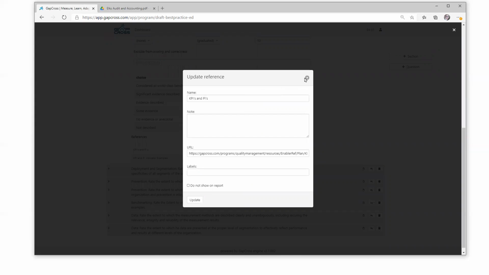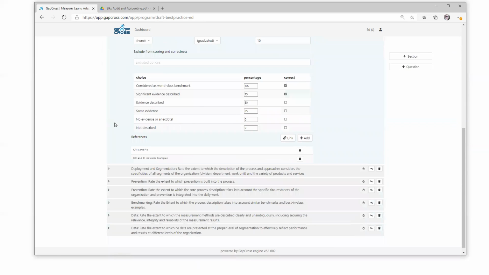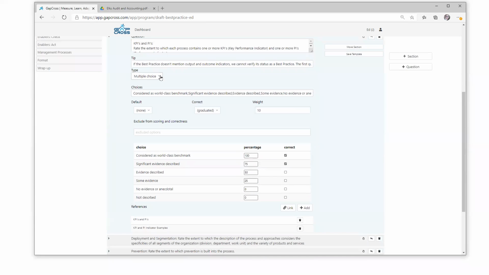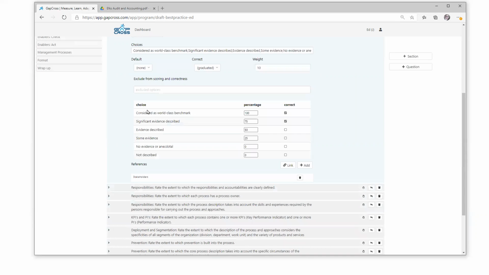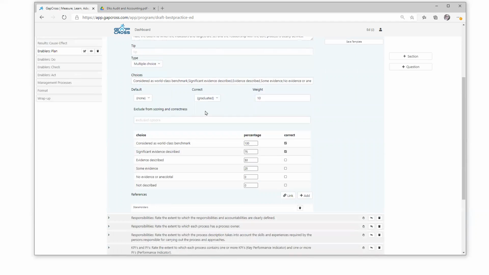So that's going to jump out of that. I'll just show you the different question types. You can expect that you want a number or a multiple choice, pick one or pick everything that applies, or a checklist type. So there's the different question types, and get back in there. And then there's scoring.